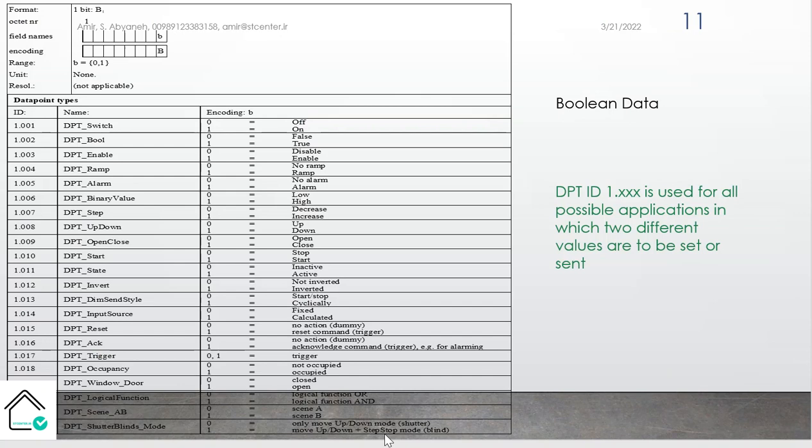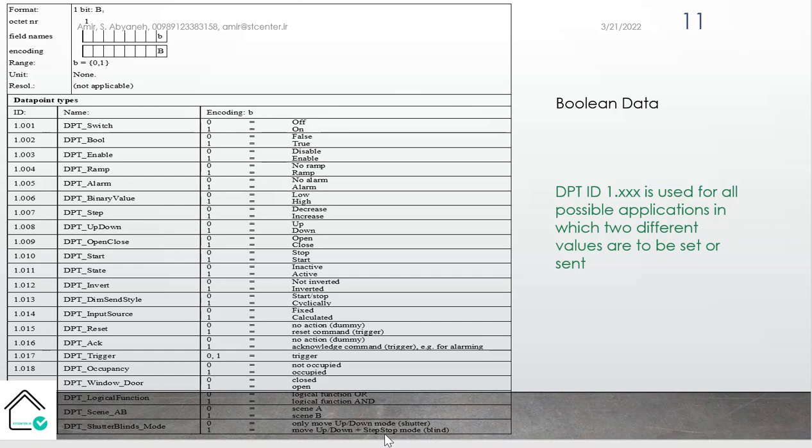In this chapter from the Advanced Book, you can see the most important standardized data types. For example, I put the Boolean in this slide. The Boolean data, DPT 1.xxx, is used for all possible applications in which 2 different values are to be set or sent.